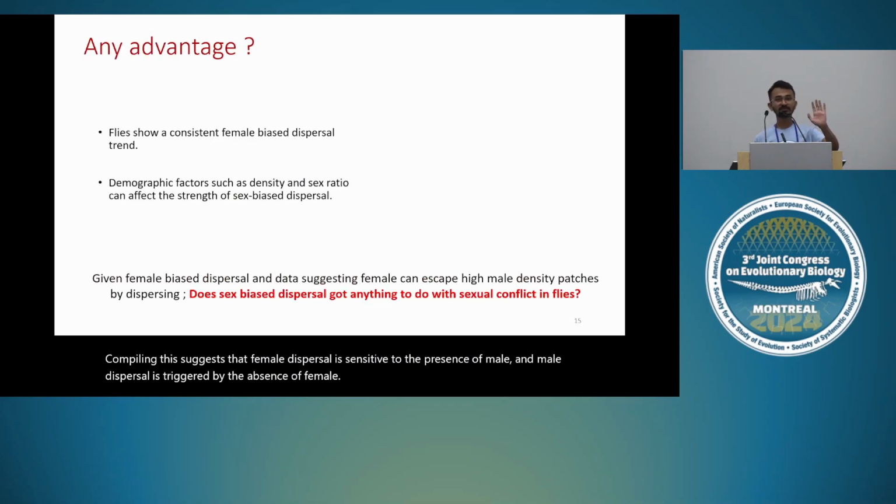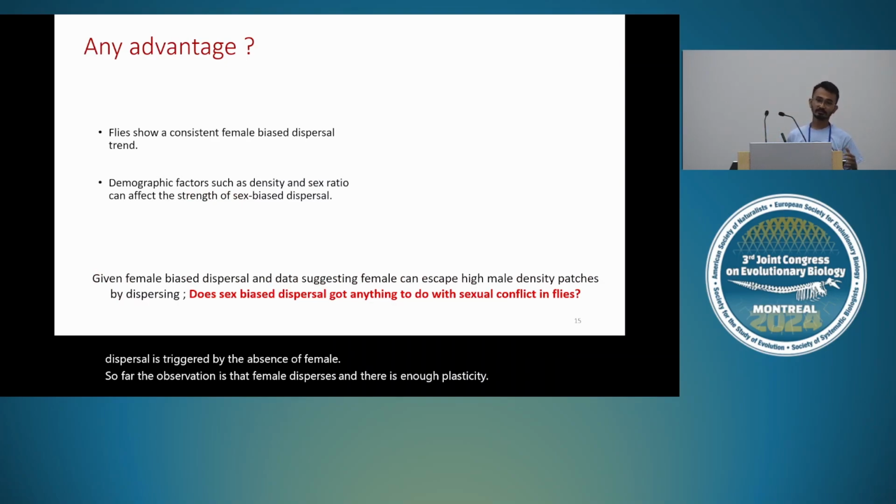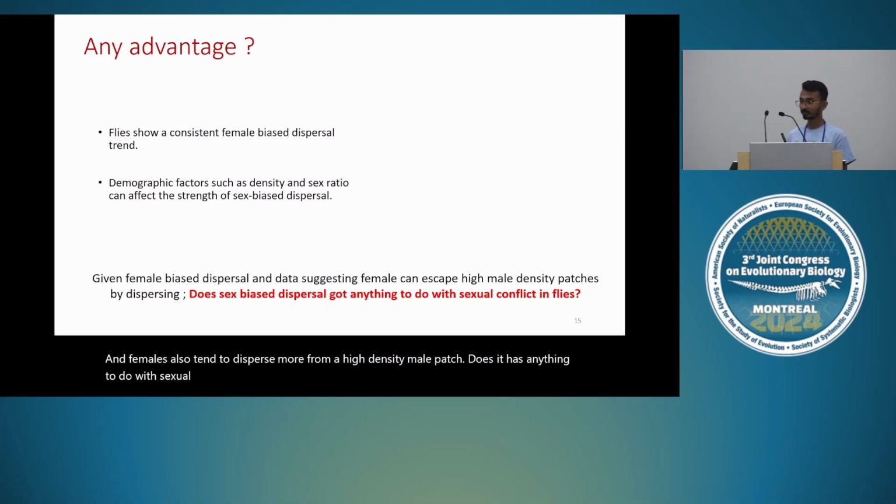So far the observation is that females disperse and there is enough plasticity. And females also tend to disperse more from a high density male patch. Does it have anything to do with sexual conflict? As I've introduced, males and females differ in their interests,